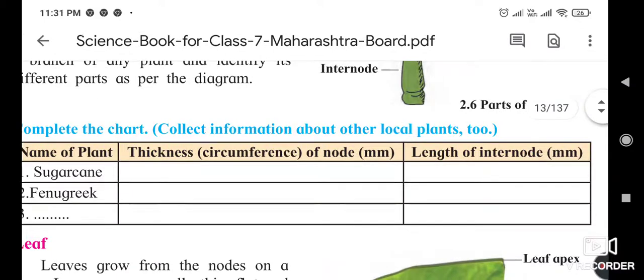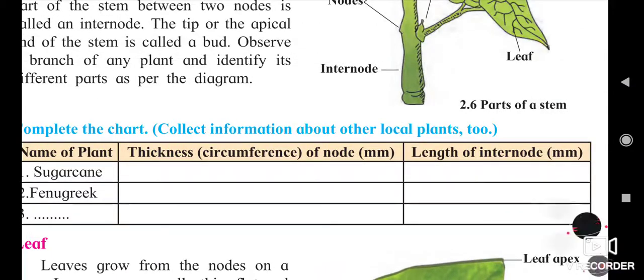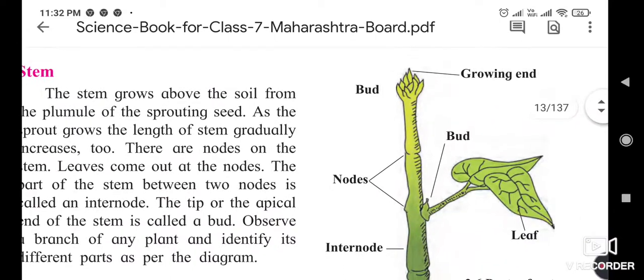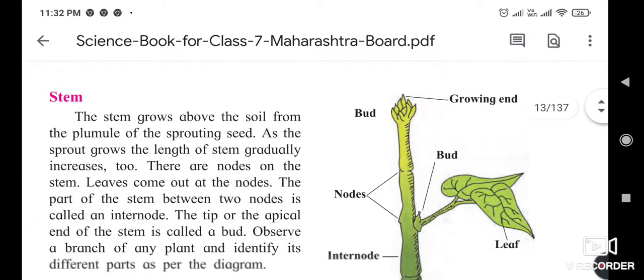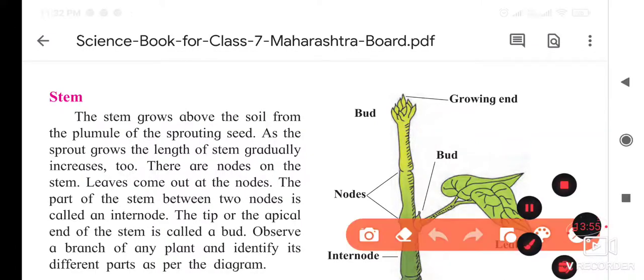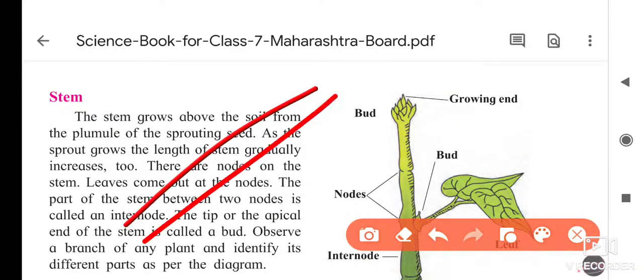Students, in our region we have sugarcane farming on a large scale. Okay, in that sugarcane we saw a stem and there is a node.